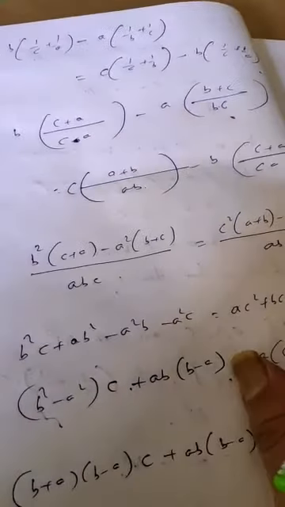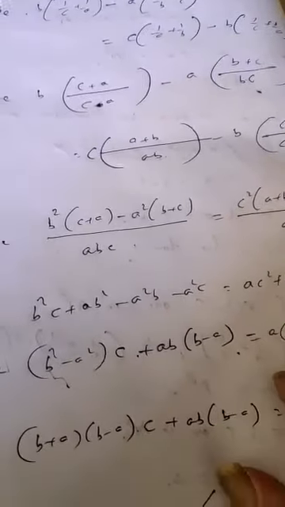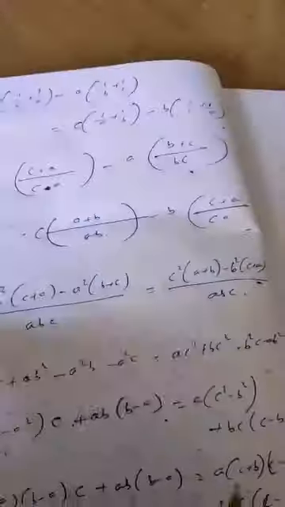So, these are some I have done. One more sum I will do, and then you can do yourself. So, say next one, number 4. A, B, C are in AP. Prove that 1 by root b root c, 1 by root c root a, 1 by root a root b are in AP. Solution.